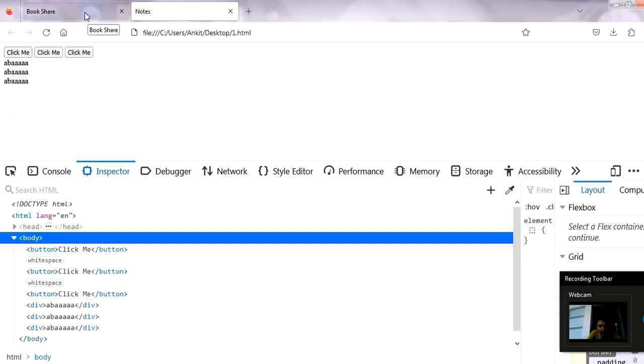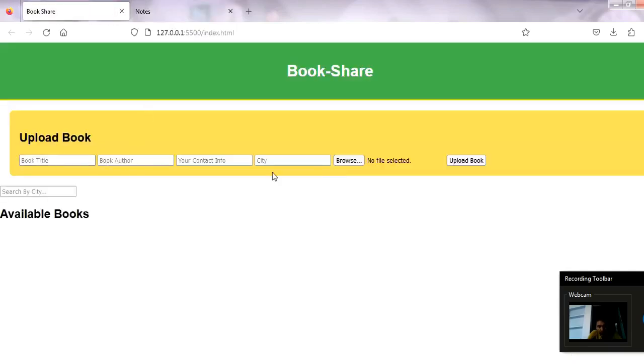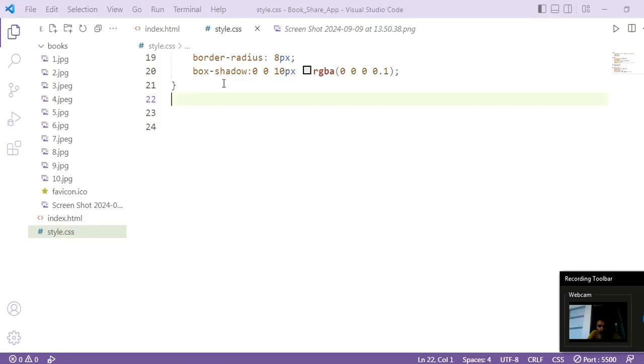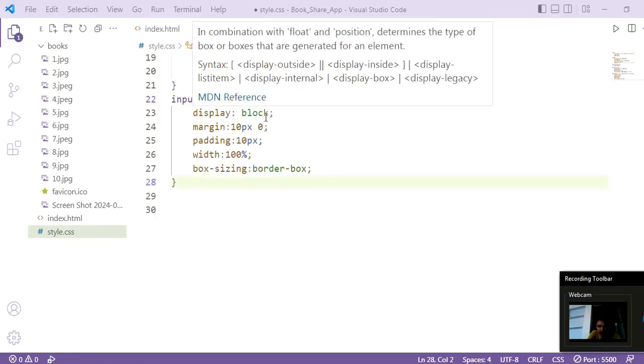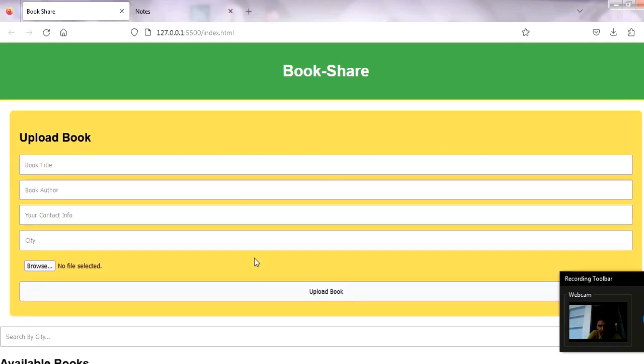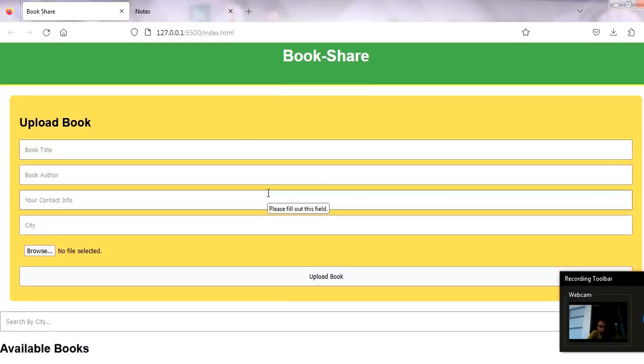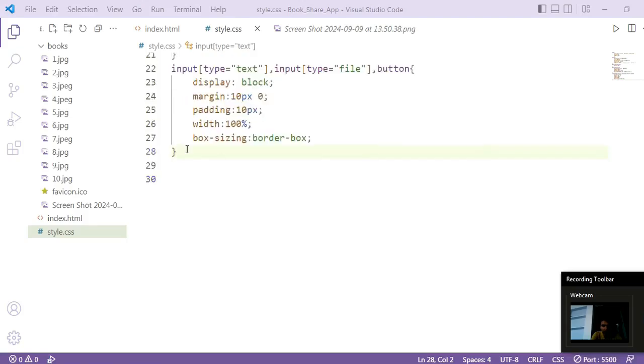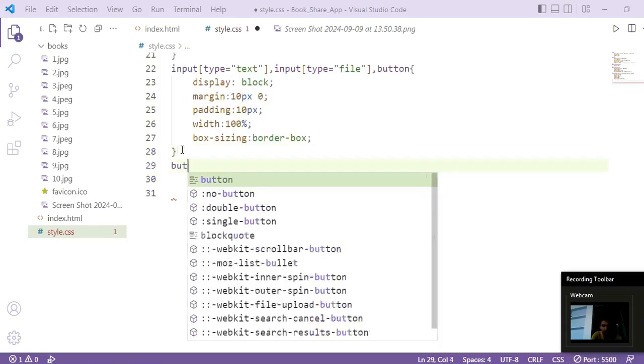Okay, so to arrange these input field, browse field and upload book button as a block level, I have written this CSS, and here display was set as block level. Okay, so that they should arrange in a block and start from a new line. I hope it is clear to you. So till now we have written the CSS for our page. Now I have to write the CSS for this search bar and then CSS for book list. So let us continue. Alright, now I am going to write some CSS for button.